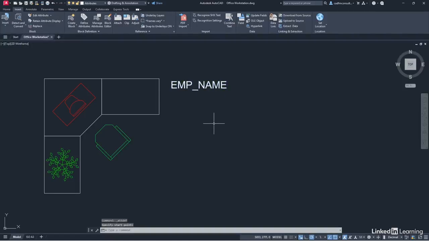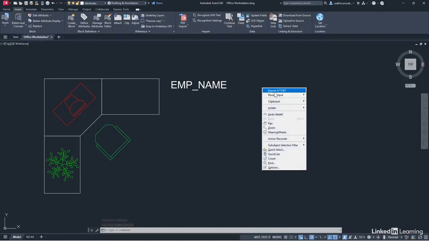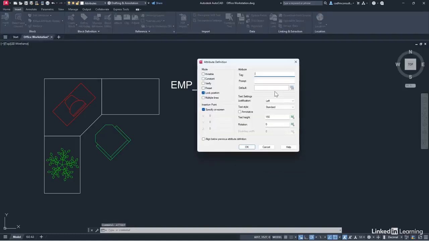That's fine for this particular block. And then we're going to right click and repeat @def. We're going to create another one, but we're going to tick this little box here, align below previous attribute definition. Now, as soon as you do that, your insertion point and text settings gray out because it's using the same